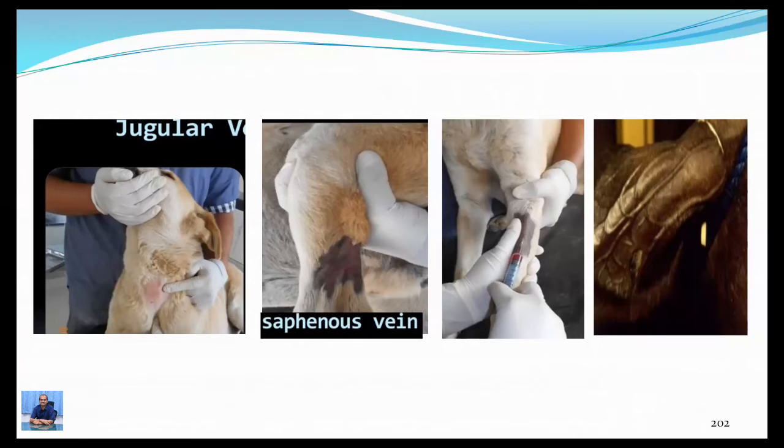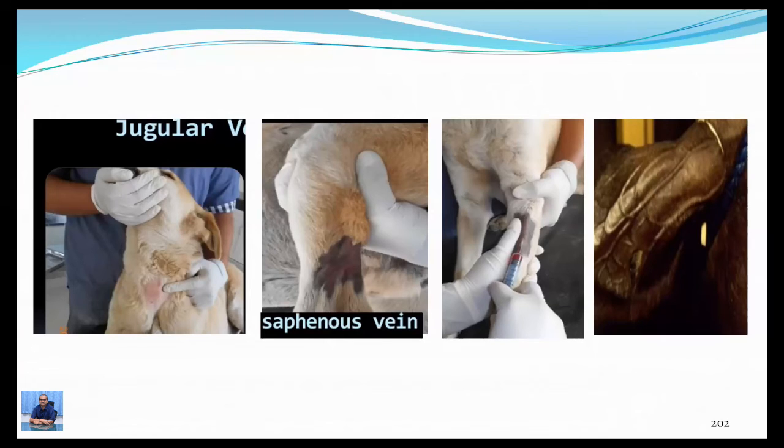The reason being, what may be the reason? Fast injection should not be given. It doesn't get dissolved. In case of the intravenous route, always you have to give a very slow intravenous injection. You should never push the drug fast. What may be the reason? Concentration will increase suddenly. Yeah, shock effect.